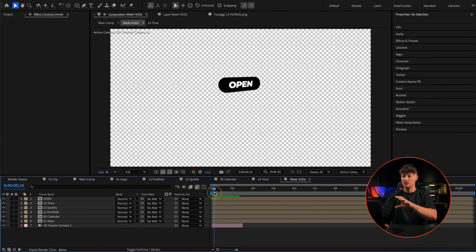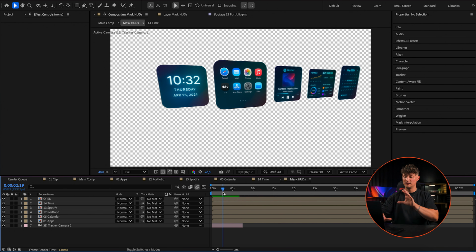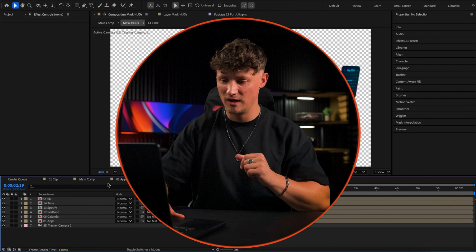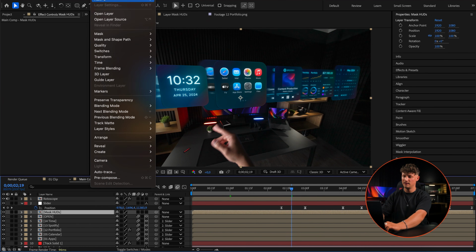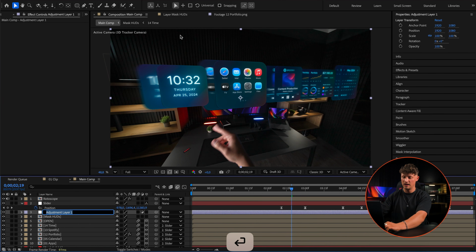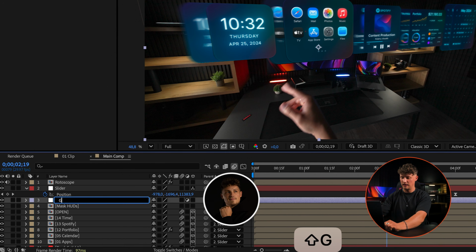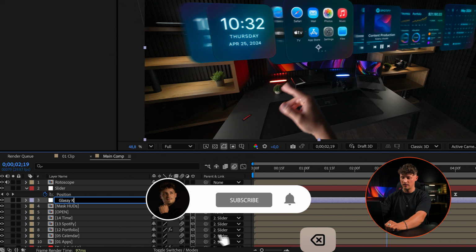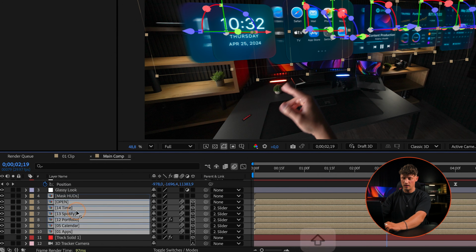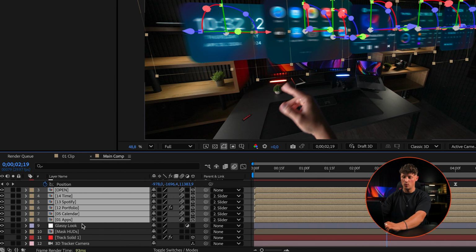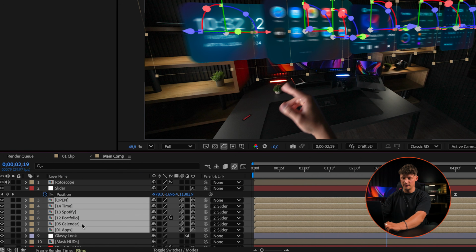And we can now use those files, those PNGs and masks and shapes as a mask for a blur. I'm gonna show you what I mean. So now we can actually create a new adjustment layer, and we call this one glassy look. And the next thing we want to do is we set our normal layers here above our adjustment layer with the blur, where we apply the blur in a second.